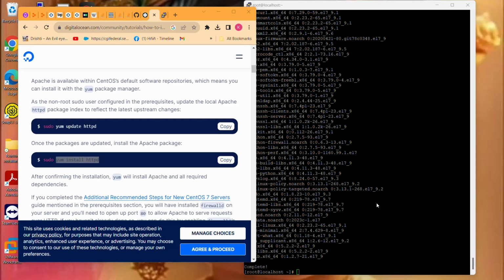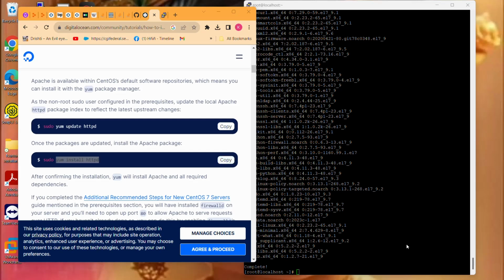Yeah, it'll be like a practice for me also. I will be using 99.99999% CentOS only. So that is the reason why I have introduced CentOS only. Okay, let us move ahead.